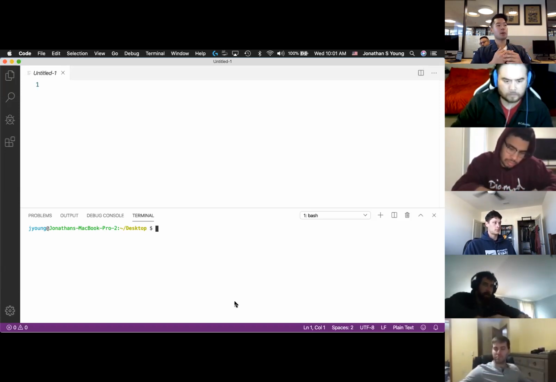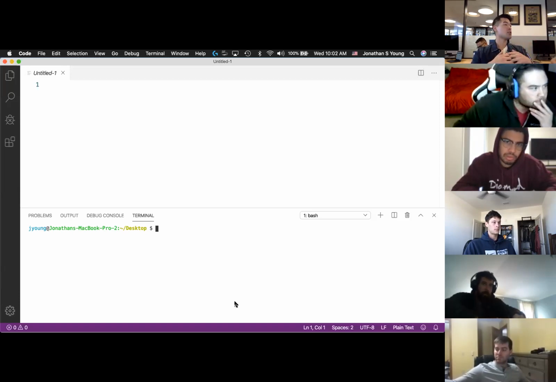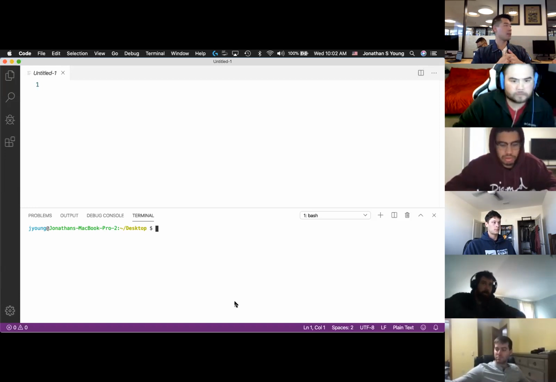Granted, nobody really cares about performance to that extent these days, but if you're doing game development and you're worried about frames per second, you generally want to use a lower-level language like C or C++, because it's much faster. But it's also really hard to write. Most people these days are learning Python or Java or Ruby because they're easy to learn. But just know that there is a high-level language and there is a low-level language.